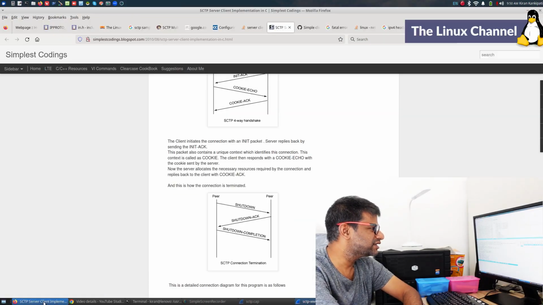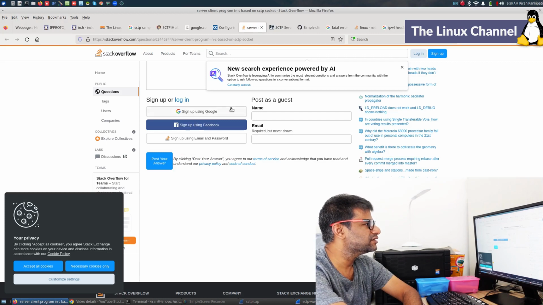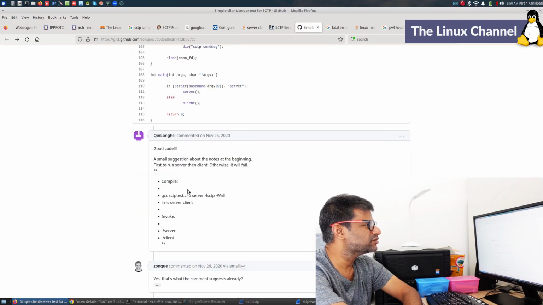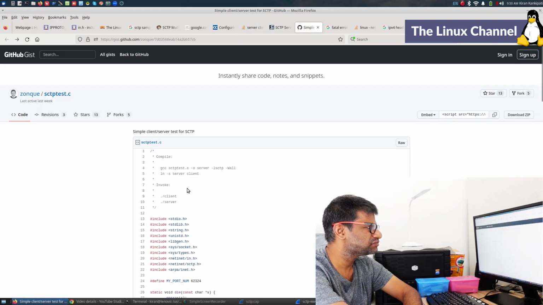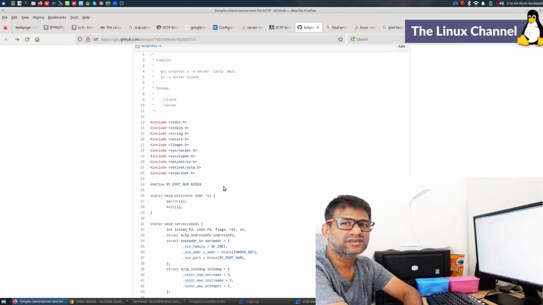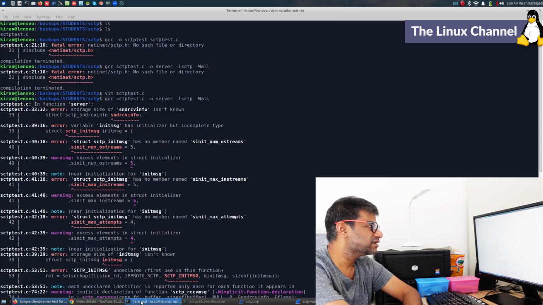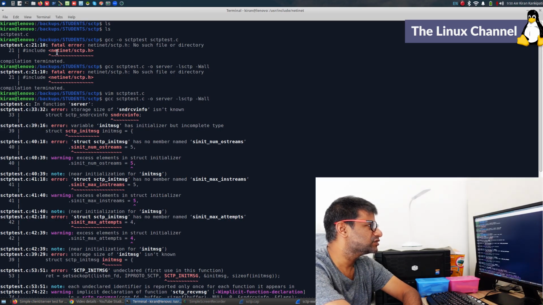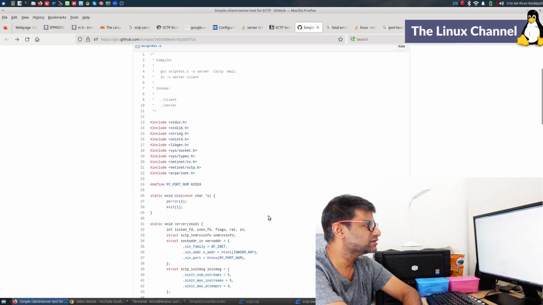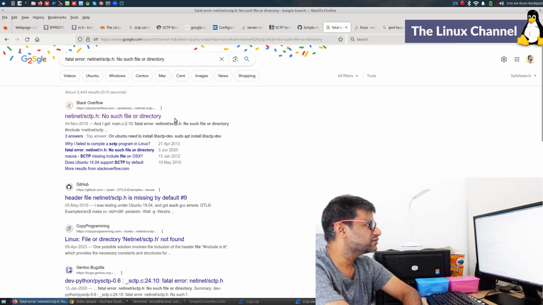So you can see SCTP is like this, and what I managed to get is this source. This is a sample SCTP server and client. So I tried compiling, and I'm getting this compilation error. It looks like some library we need to install, and it is showing this header file error.